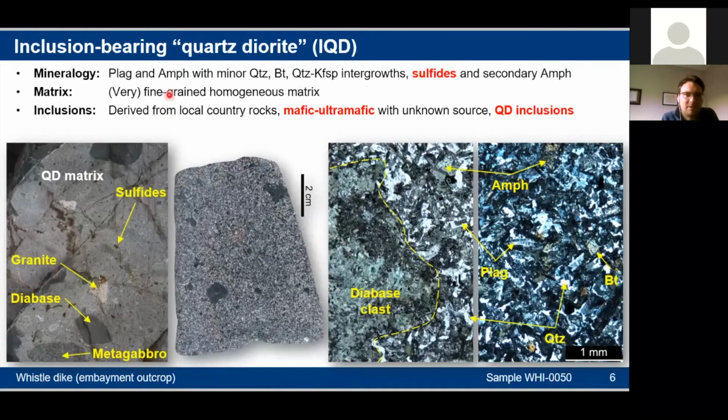If we look at the inclusion-bearing quartz diorite, it has basically the same mineralogy, but in addition to the main silicates, we also find sulfides within the matrix. The overall matrix is more homogeneous and fine grained, and that is because we find lesser amounts of stellate and spherulitic amphiboles. But in addition to that, we do have a lot of inclusions, and this is something you can